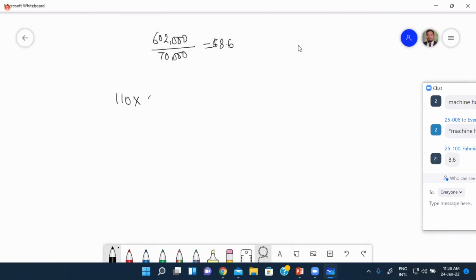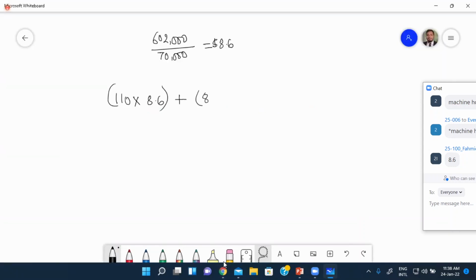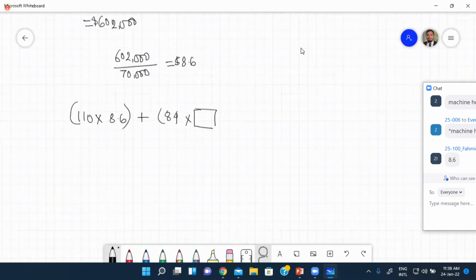110 multiplied by 8.6, and it is for the molding department overhead. And for the painting department overhead, you need to see how many direct labor hours this job has used. That is 84, multiplied by the predetermined overhead rate for the painting department. You need to insert this here, and you get the total overhead cost for the